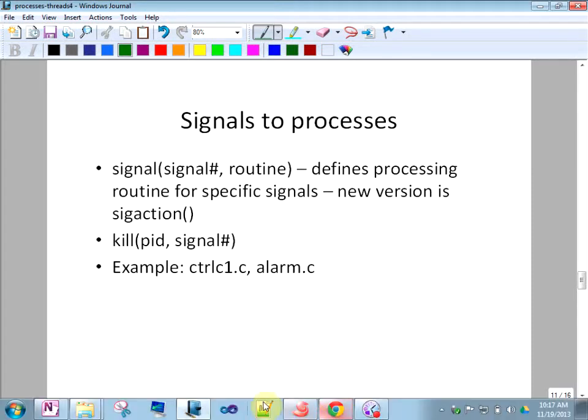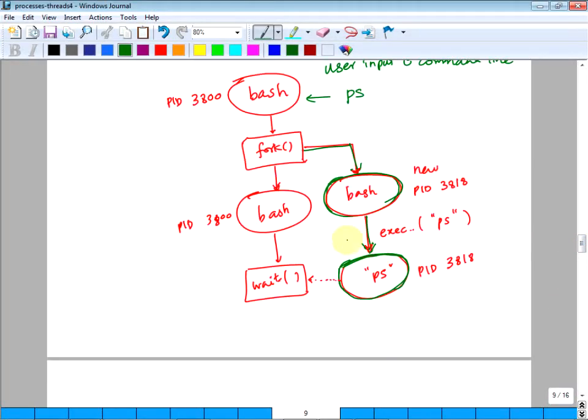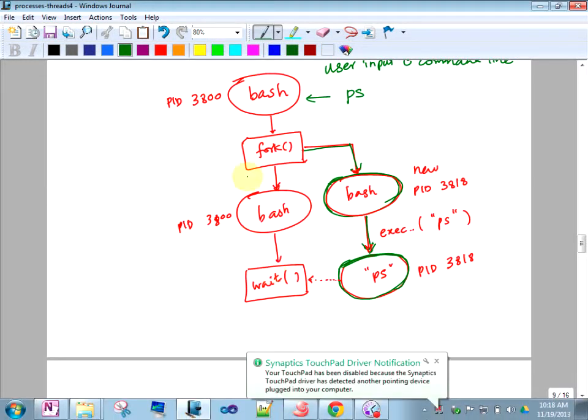Once we create these 2 separate tasks, how do they communicate with each other? See, because they don't share anything. Once you do fork, really they don't share anything, right? Global variable, local variable, everything is totally separate for each task, right? So if at all you want to communicate between them, signal is one mechanism. Later I will cover a few other mechanisms too. So signal is one mechanism.